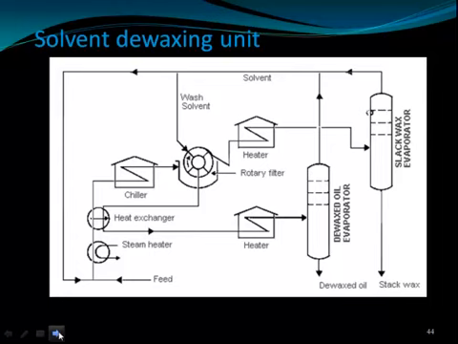So here the feed and the solvent are added, so wax is dissolved, then we can remove the wax by evaporating the solvent, whereas the little quantity of solvent which comes in the dewax oil we can take separately, and after its solvent is evaporated, we can send it back for recovery, or we can send it back to the wash solvent.